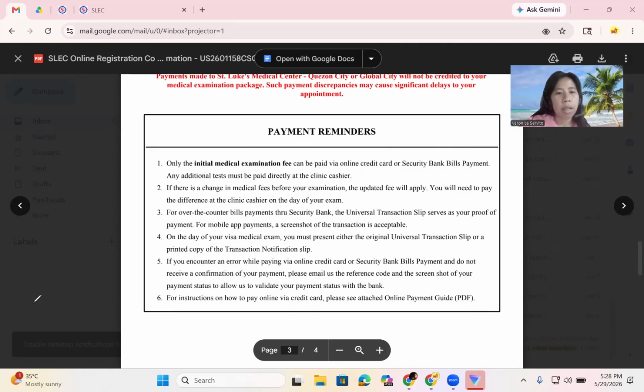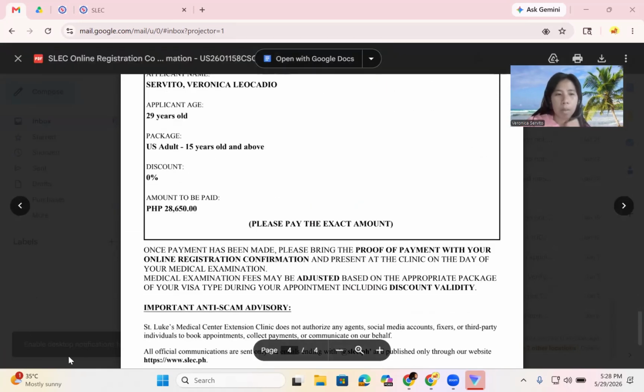Okay, next we have, what else? Do we have any reminders? Okay, this is the amount, how much you pay. In my case, it's 28,650 pesos. I'm not sure if nagtaas na, pero pag nagtaas siguro mga 1,000 or 500 lang yung dagdag, magiging 29,000. But just bring 30,000 para may backup ka. Okay, maingay yung aso, pero okay lang. So, there you go. Pag 15 years old and below, 50% discount. Pag 15 years above, syempre almost 30,000, sabihin mo na. Alright, so there you go.